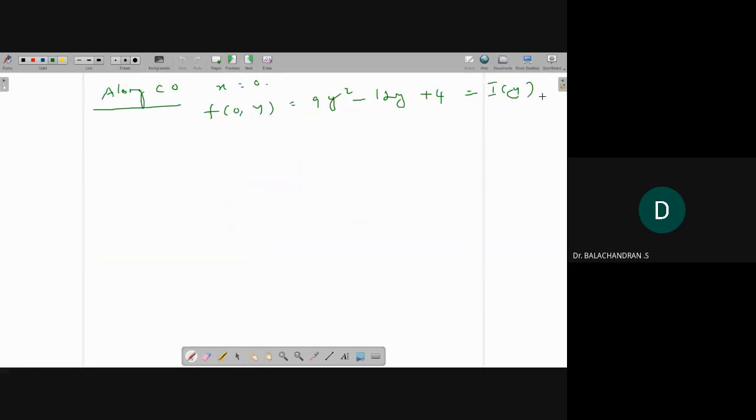Which is the same case as for x is equal to 2. So there is no need to do it again. Okay. So therefore, the absolute minimum value is